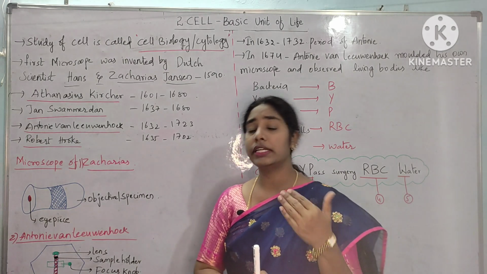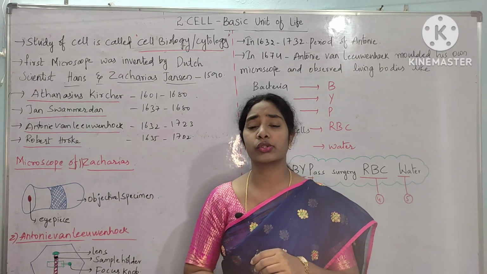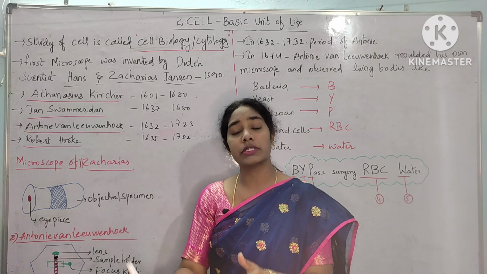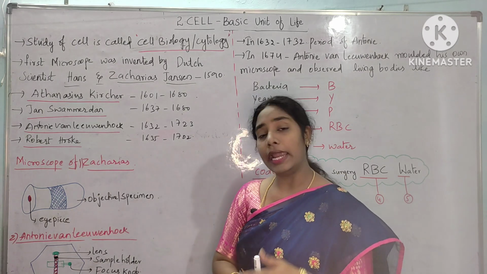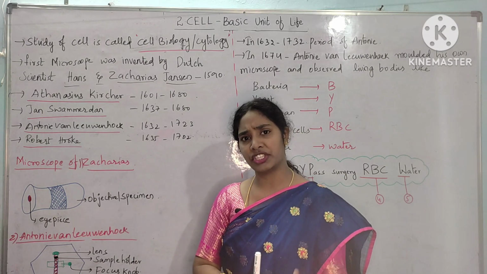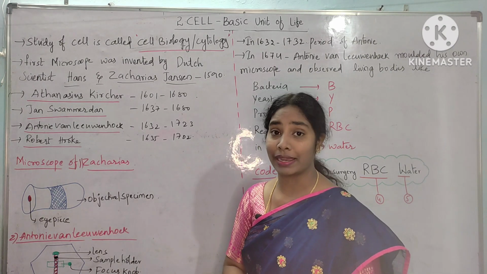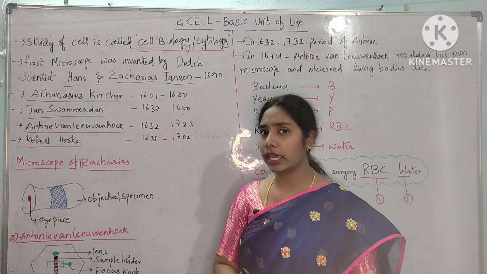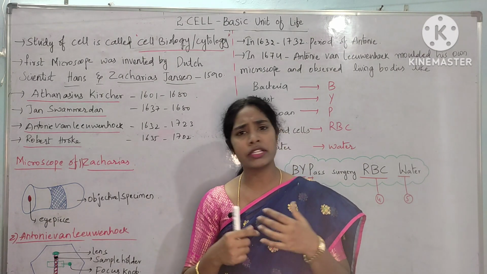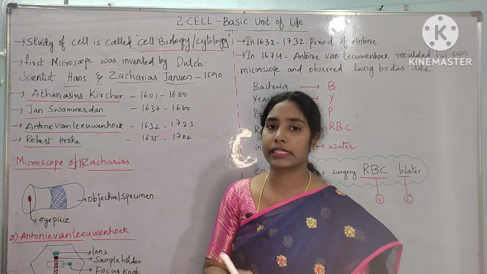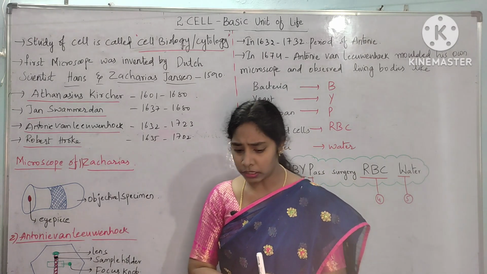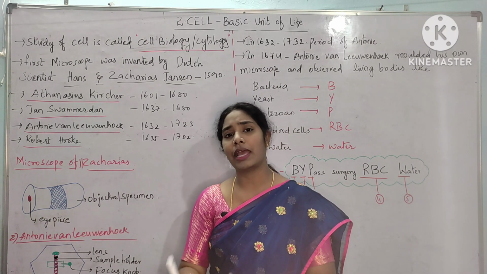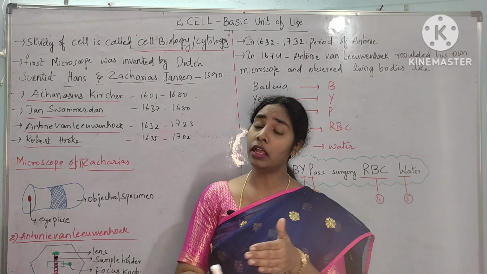After the discovery of the microscope, many scientists observed many minute or microscopic organisms under a microscope. They gave morphological structures for many organisms like bacteria, virus, yeast, fungi, protozoans, algae. Many microorganisms which are not seen by the naked eye came into existence. So you can simply say that before the invention of the microscope, only plants and animals could be seen and observed.